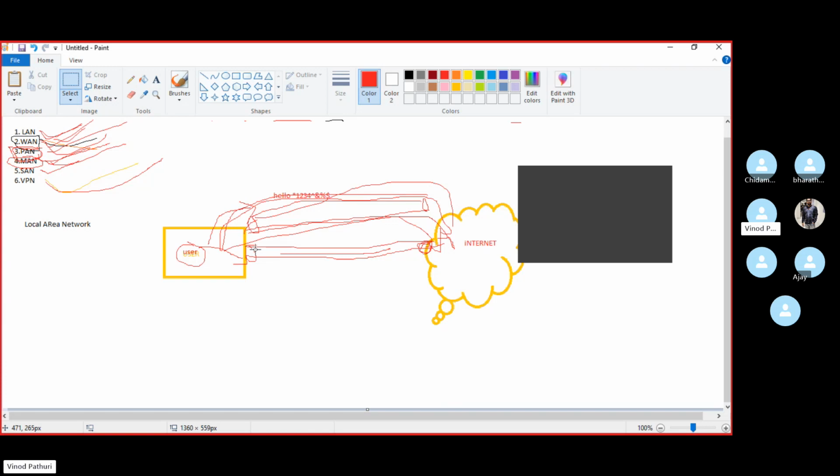Okay. WAN is just internet, open, so it's publicly accessible, like anyone can access Google from anywhere if they have internet connectivity. But if you want to access Google in a secure way, there might be a dedicated network for that, right? That is the VPN network. Yeah, Vinod, got it.